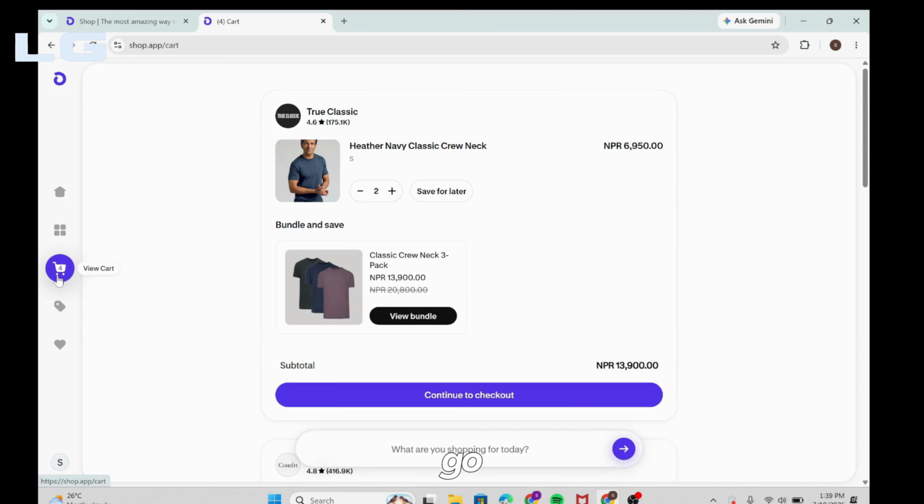On the left hand side, go to this view cart here and you can review your order summary to make sure the Shop Cash discount has been applied correctly. If everything looks good, complete your payment by tapping continue to checkout and you can proceed to it and follow